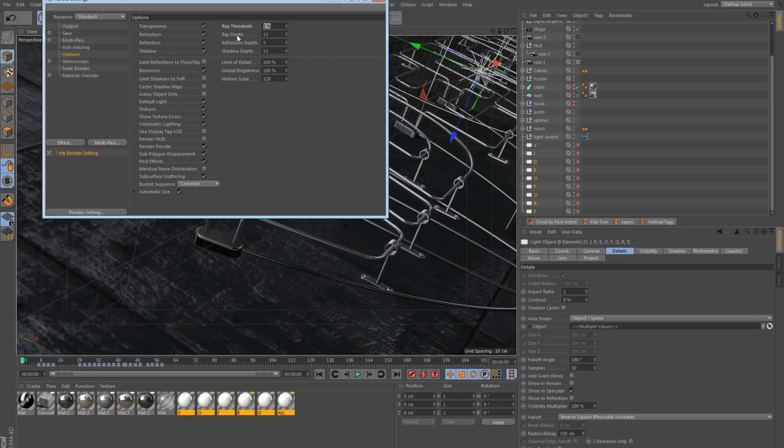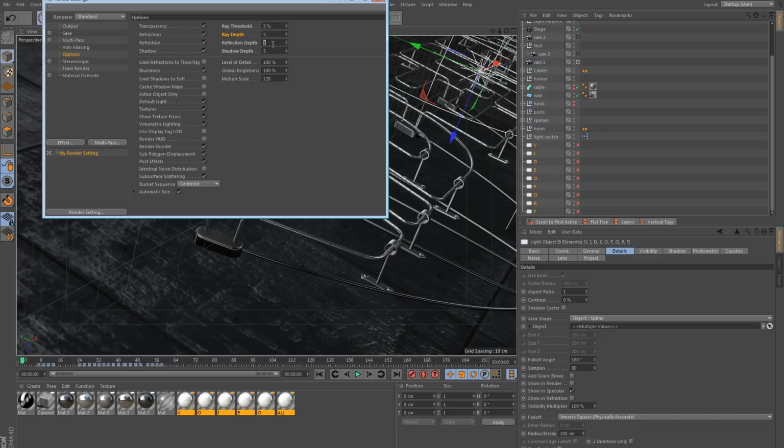And then with the depth controls, let's lower these from 15 to maybe 5. And this just controls the reflection depth, how many bounces of the reflection will be calculated. And right now we're dealing with transparency, so there will be a lot of bounces going on in the render.